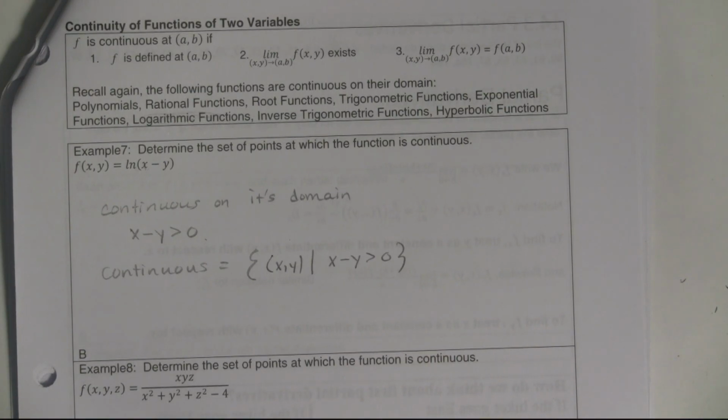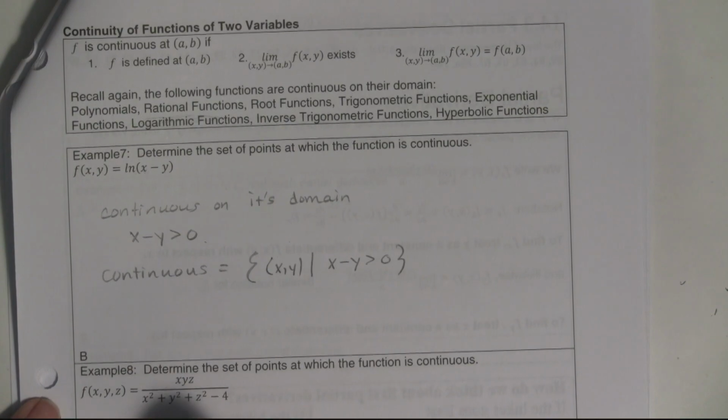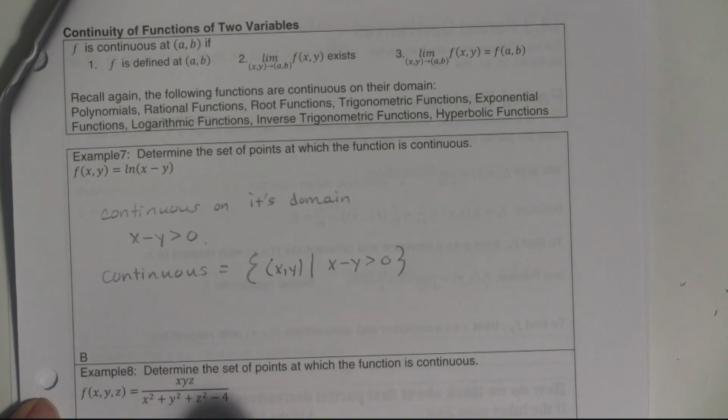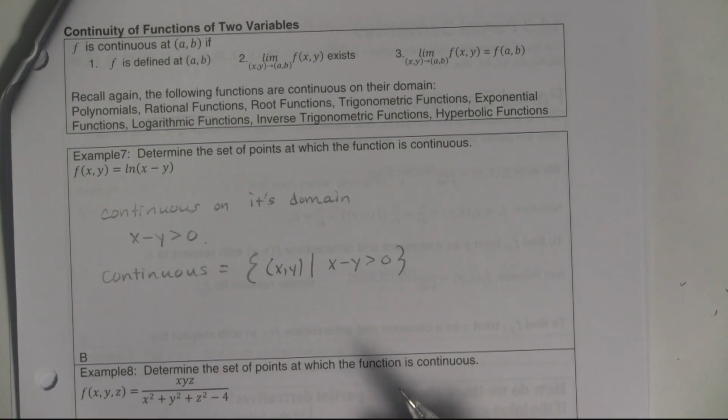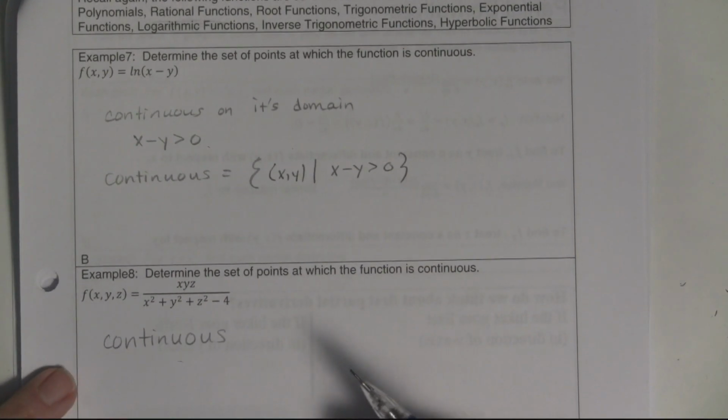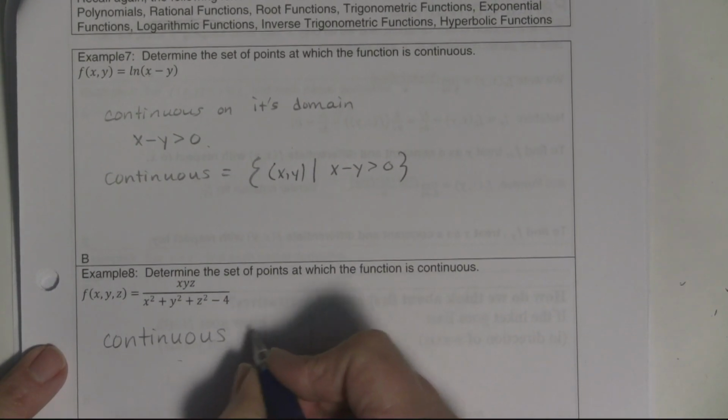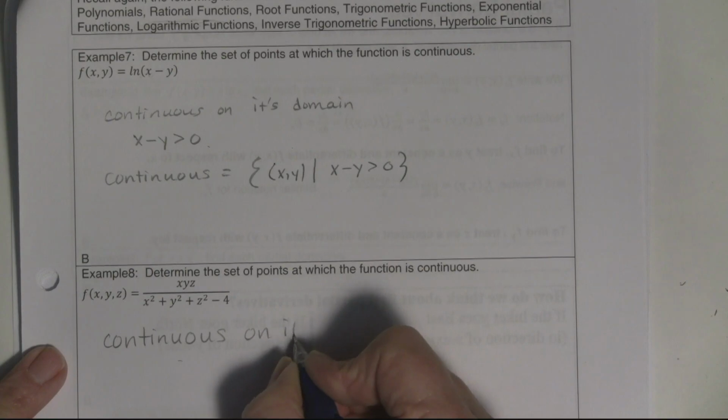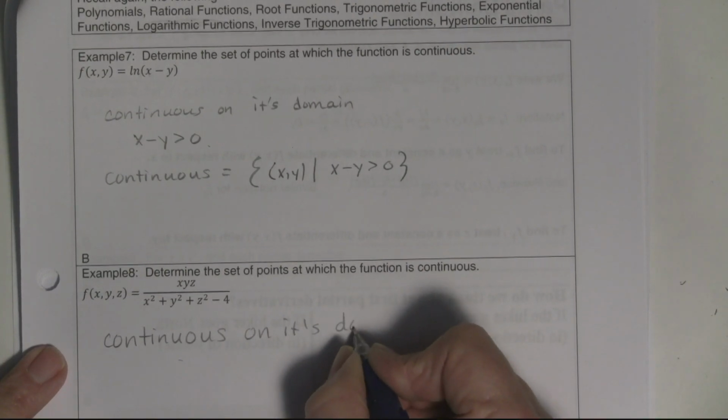Determine the set of points for which the function is continuous. This is example 8. Well, this is rational. And so I guess it's continuous on its domain too. Why did I put the continuity checklist there and then not have any piecewise defined? You have to use the continuity checklist for sure. It's continuous on its domain